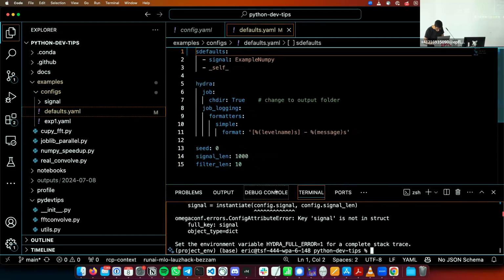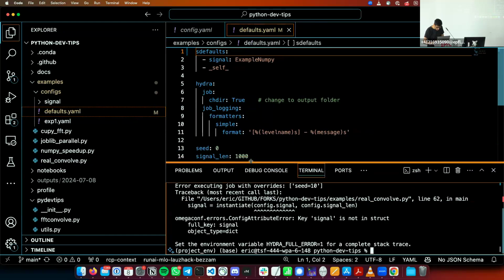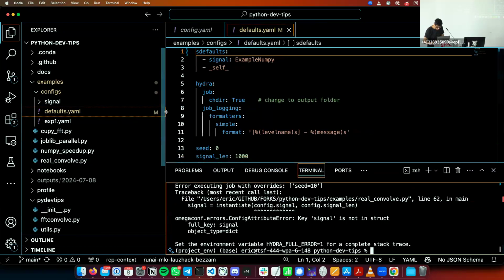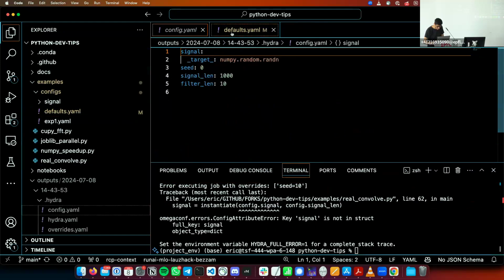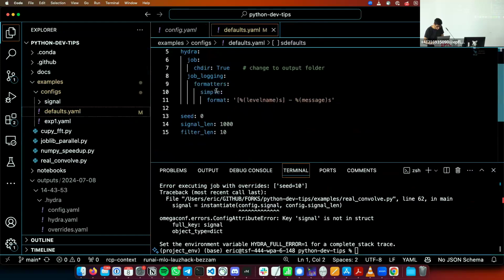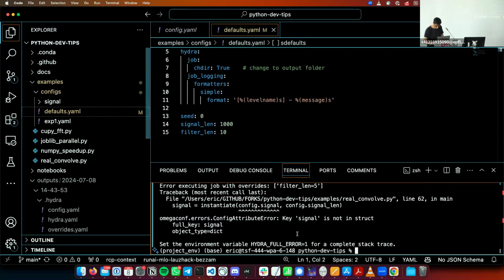I have an issue here. As with this instantiate, do you remember what we changed with this, Peter? Signal is not key. Signal is not instruct. Or maybe let me try changing another parameter. Can you show me the